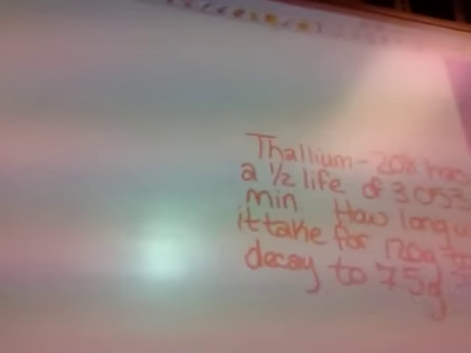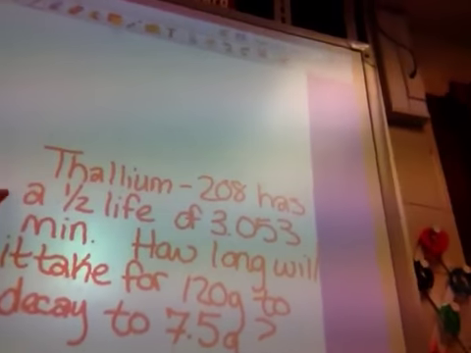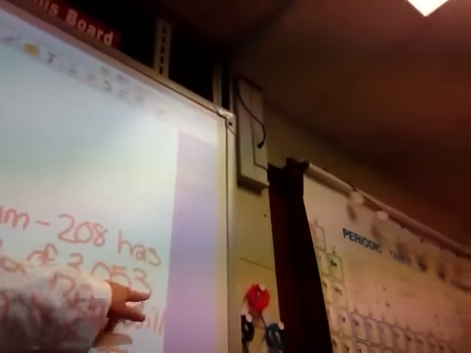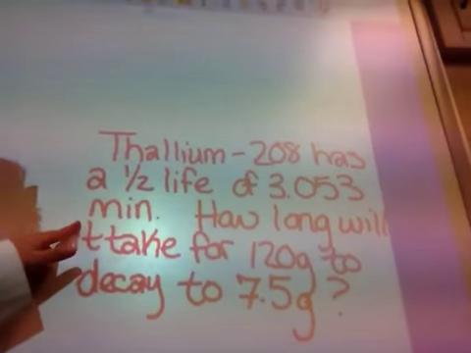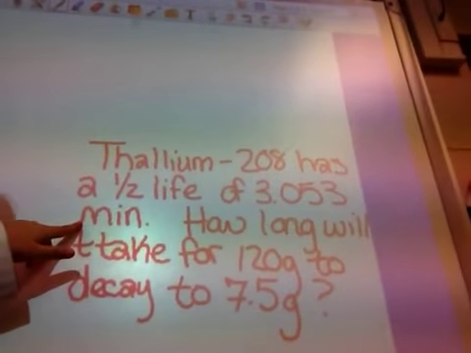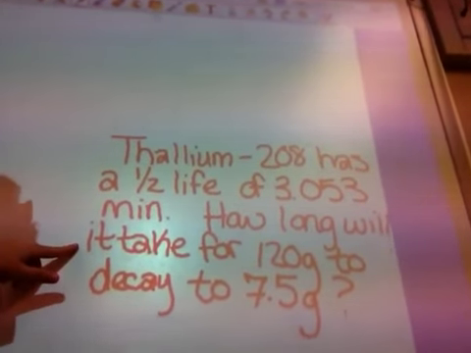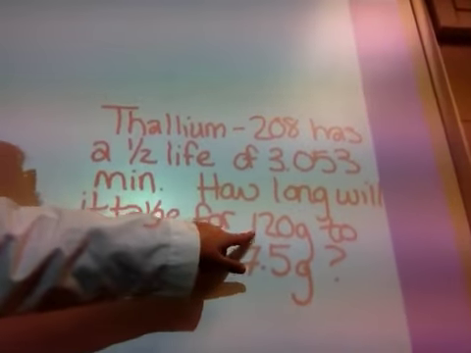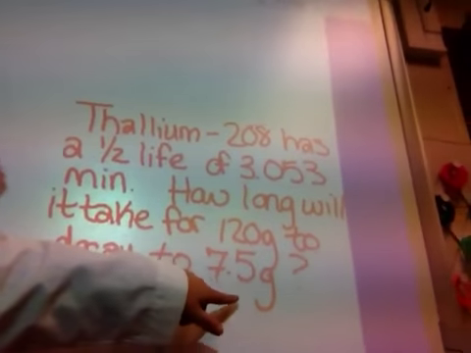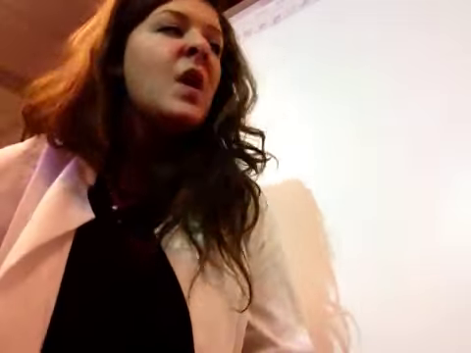Guys, on your next one, we have thallium-208 has a half-life of 3.053 minutes. So I know that the half-life of thallium is 3.053 minutes. I want to know how long is it going to take for 120 grams to decay to 7.5 grams. So in this one, I have a half-life, I know